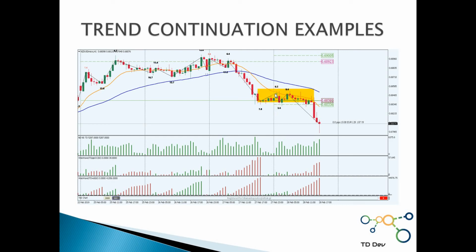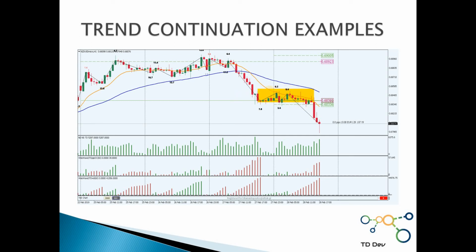So this could be stopping volume, we don't know yet. It could be stopping volume and for the trend to change, but as we will see later on, this was not stopping volume, it was a temporary buying, and then selling started again. So 6.6, 3.6, and then as we go up we get another high speed index at 8.6.